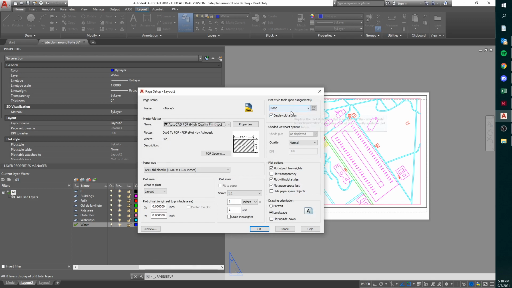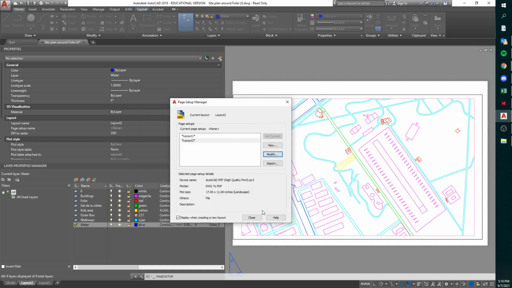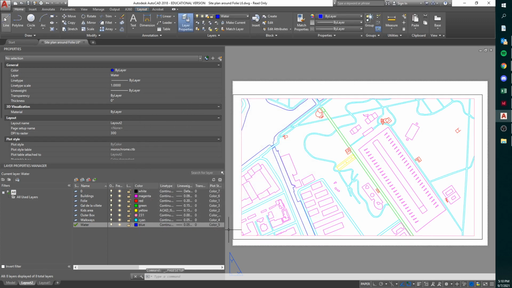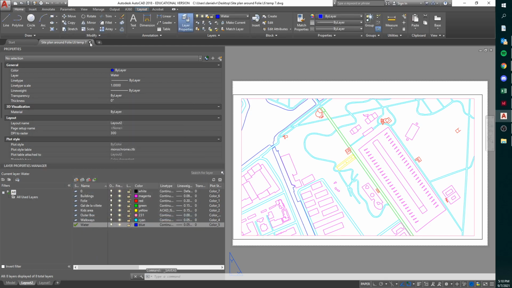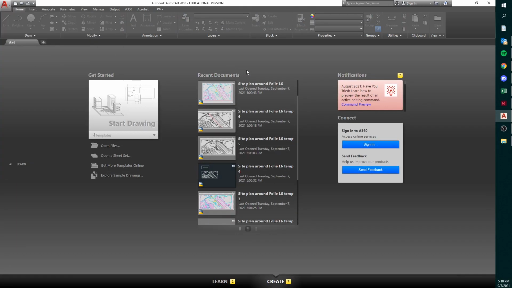What you'll see is that there's no plot style, but you have a bunch of different options now. These are options that were not necessarily there before. So if we click on monochrome.ctb and then click OK and then close, again, I'm going to save this out and then reopen so that we can get a feel for whether this worked. So we'll save this as temp 7, a lot of temp files here. Now if we open temp 7,